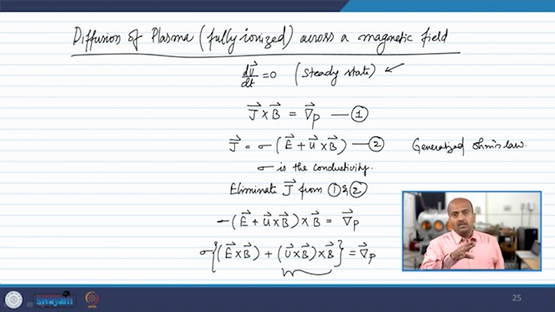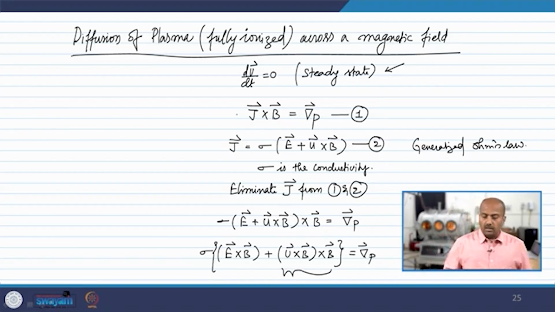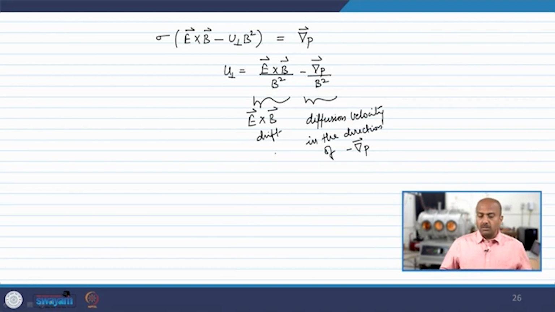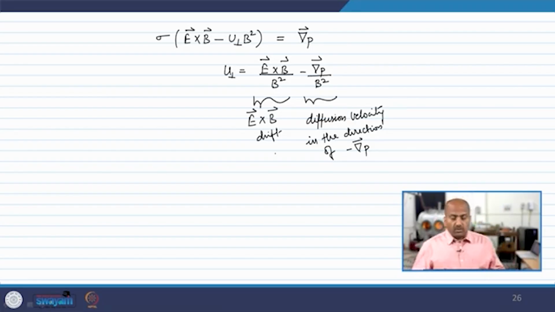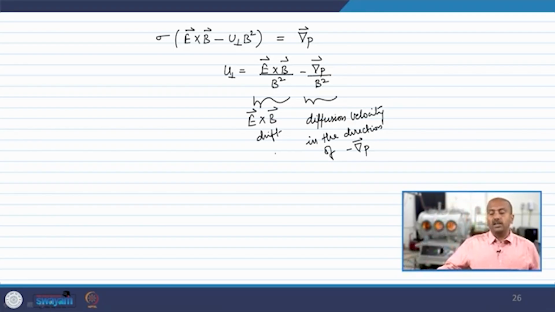You can assume that this flow is existing in a steady state. That means there are no changes in the velocity, which makes these two forces equal to each other. Using the generalized Ohm's law, we have replaced the current density with this, and following some simple algebra, you realize that the fluid's velocity under such situations will be composed of two parts: one, an E cross B drift term, and another which is giving you the diffusion velocity in the direction of the